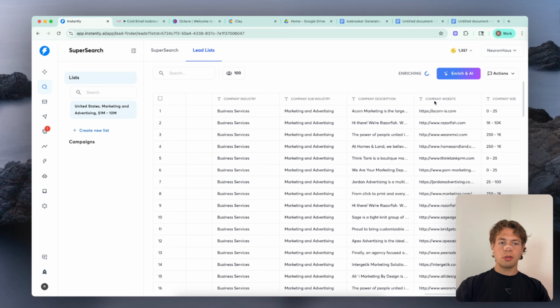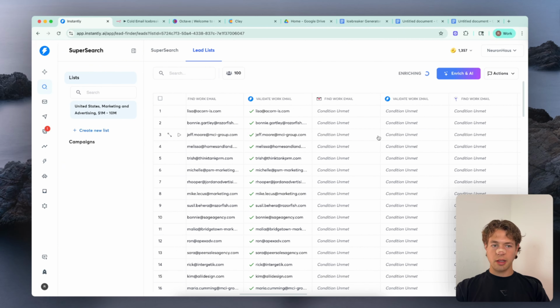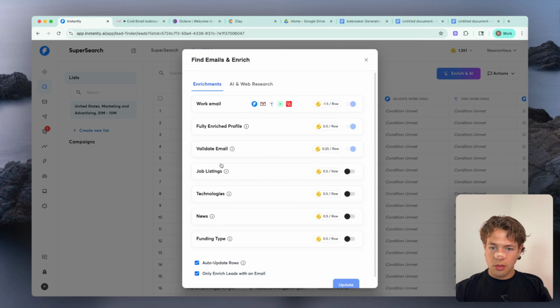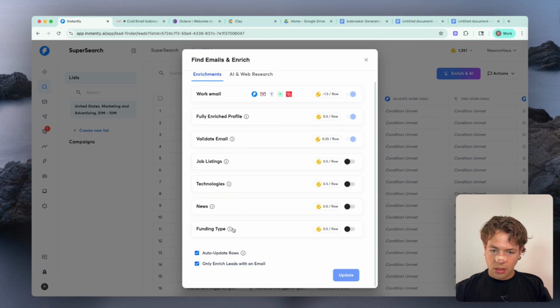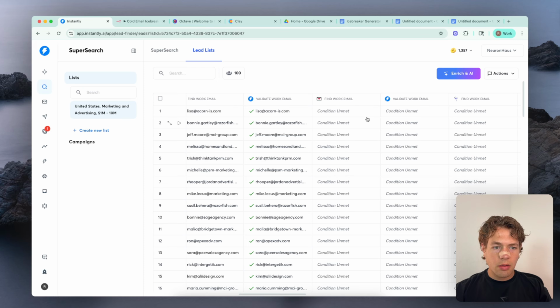LinkedIn profile is going to be super useful because what we can do is we can scrape that and create these hyper-personalized first lines for their email. That way it looks like we actually did our due diligence on them. This is my first time using Instantly's built-in stuff, so let's see what else we can do here. Okay, so we don't really need that. AI and web research. I'm not sure what this is going to do for us, so I'm going to skip it for now.